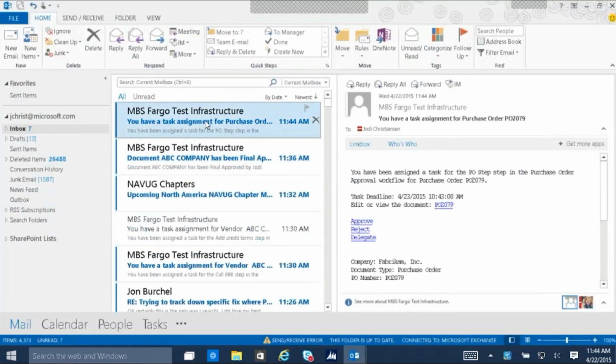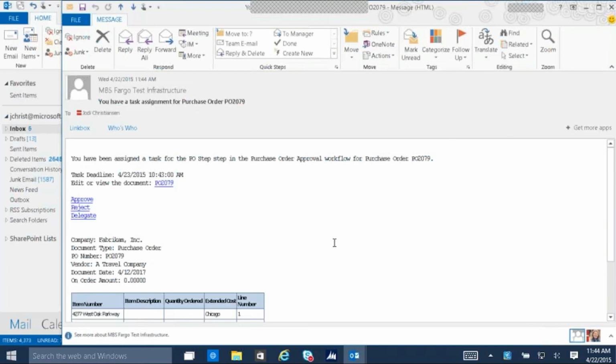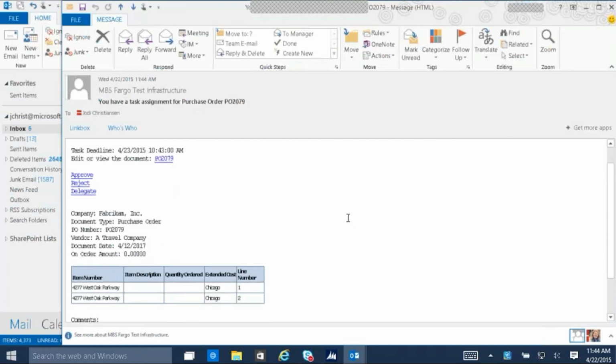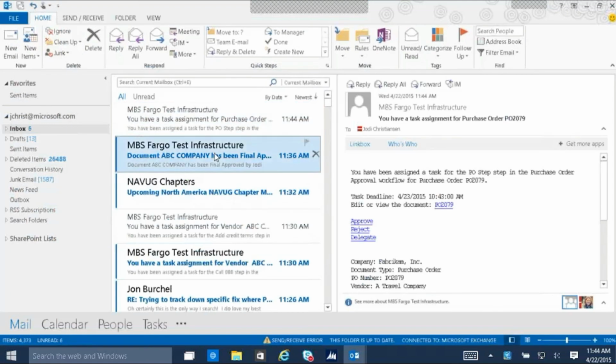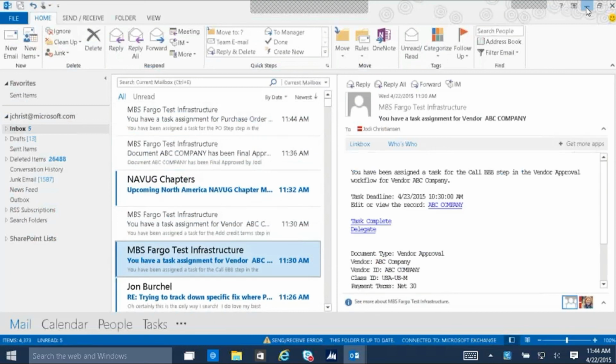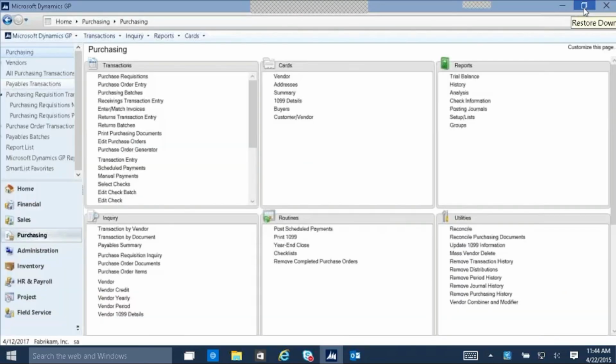So here's my PO, 2079. Okay, that one didn't work apparently. All right. I'm not going to go back and look at the other ones. I had one earlier that I could go back and show you, but